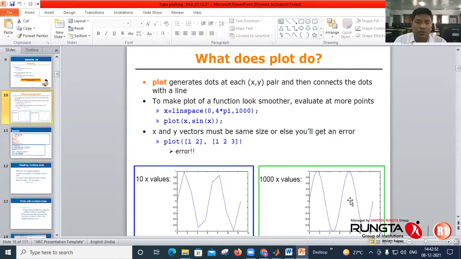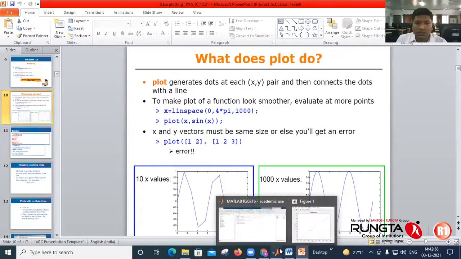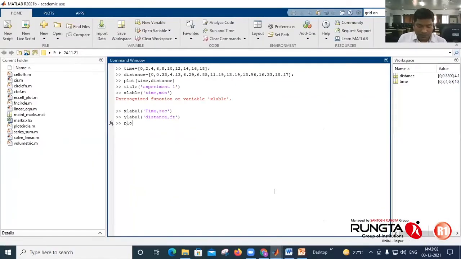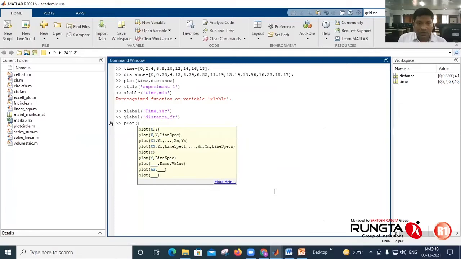So if you plot 1, 2 against 1, 2, 3, let's see what happens if you plot unequal vectors, like 1, 2 as the value of vector x against 1, 2, 3.